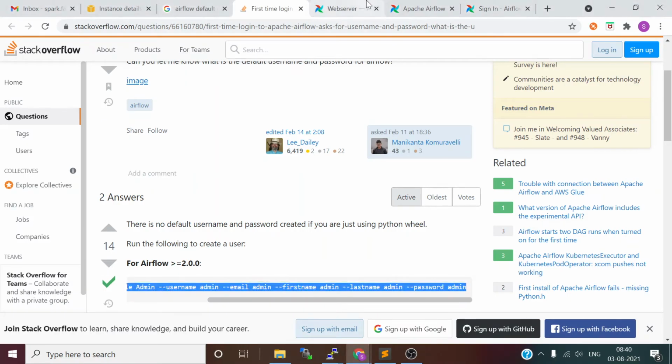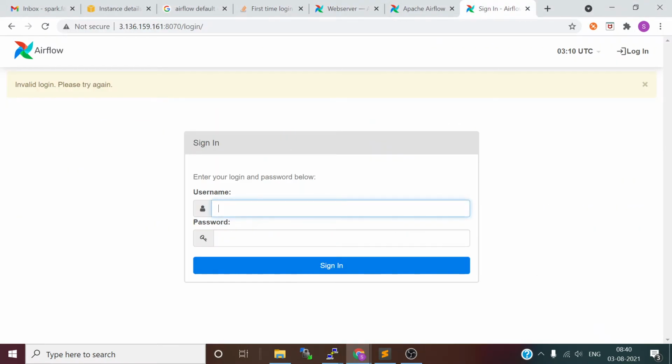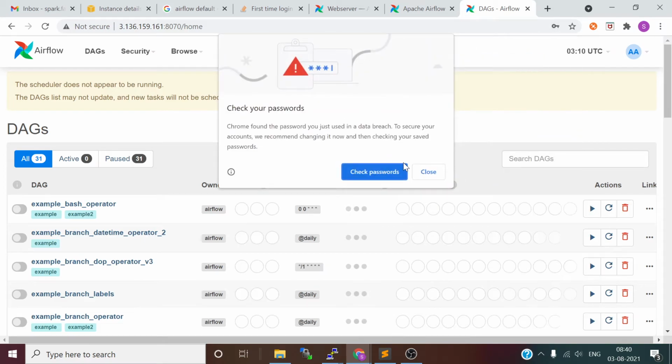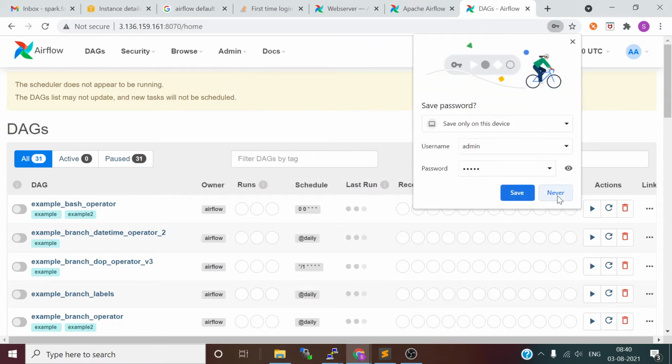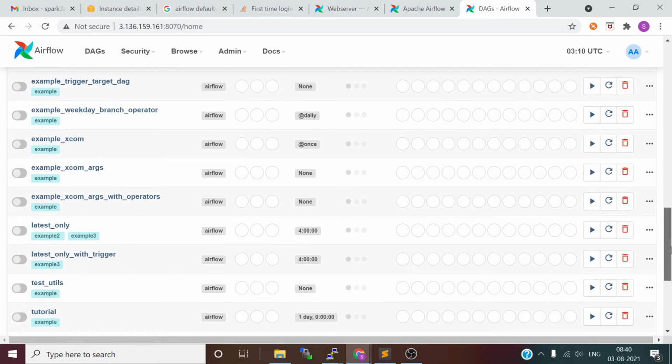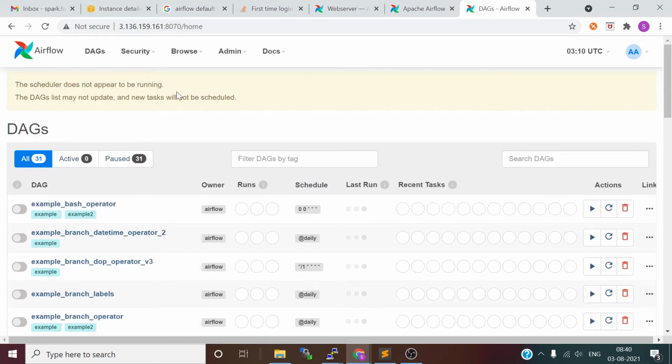Now let's log in with that, admin and password admin. So it created the nice dashboard. This is the dashboard of Apache Airflow, where you can monitor our DAGs or workflows.